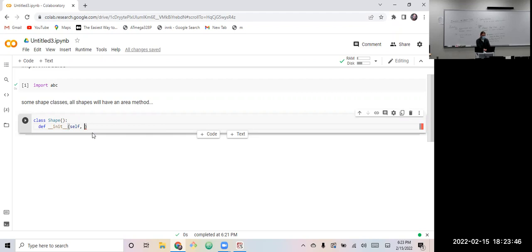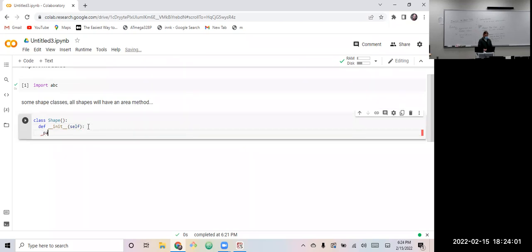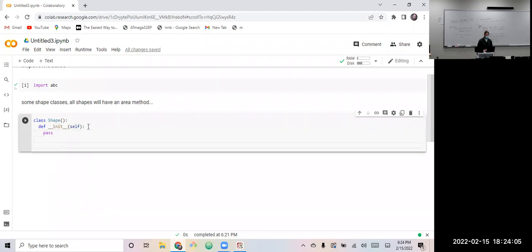Every shape is going to have some stuff, a side method, names, all sorts of things we might need. I'm just going to strip this example down though. For here, I'm not going to do anything in the initializer yet. I might not do anything at all. But one thing that we do know every shape's going to have will be an area.